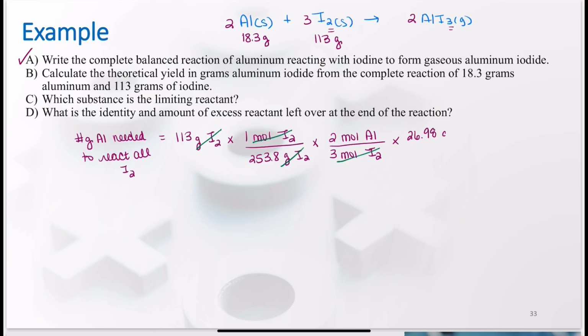I look at the periodic table, and there's 26.98 grams of aluminum in every 1 mole of aluminum. Again, I got that number straight from the periodic table. This cancels out my moles of aluminum, and now I've got grams of aluminum if I do the calculation. Put this in my calculator, and I get 8.01 grams of aluminum. But remember what that means. It means I need 8.01 grams of aluminum to react